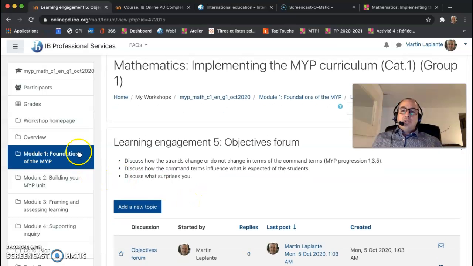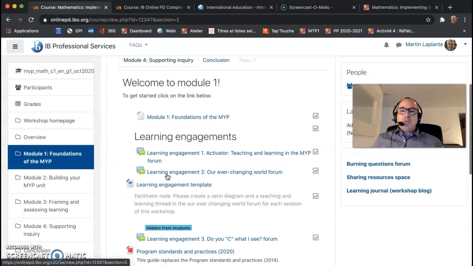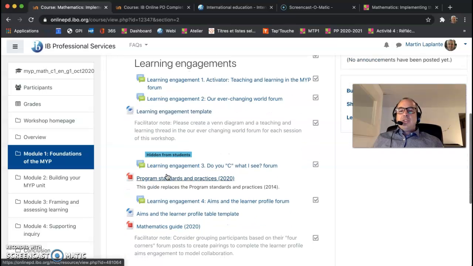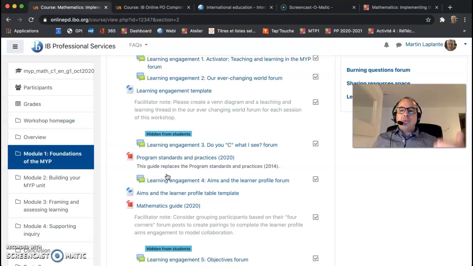So in module 1 you have a good overview of the philosophy of the IB. You see that you have to engage in that workshop and to post many things and to comment about what others will